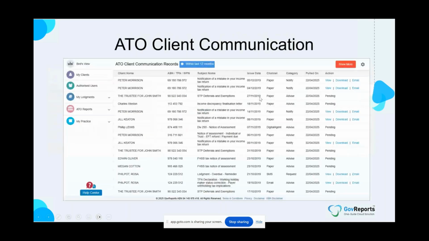Once you do that, the next setting is the ATO client communications. Fortunately, there is only a click to switch on the ATO client communications. This feature is for you to receive the ATO client communication. So when the ATO reaches out to the clients, whether it's by a paper letter, an email, or a text message, or it could also be an inbox message to their myGov account, you will get a copy of all the channels